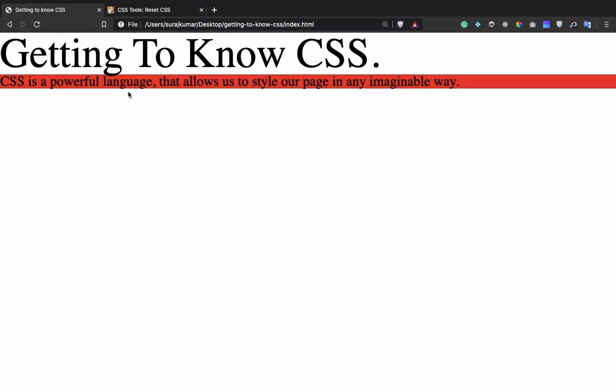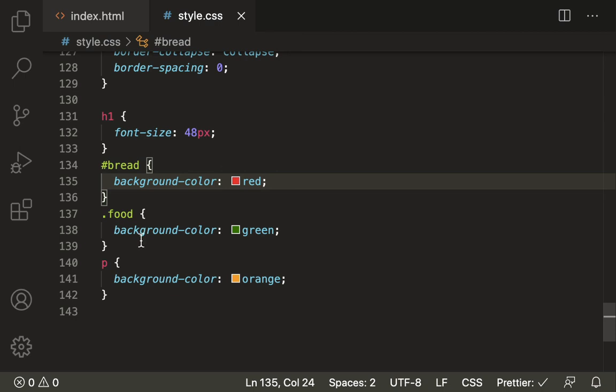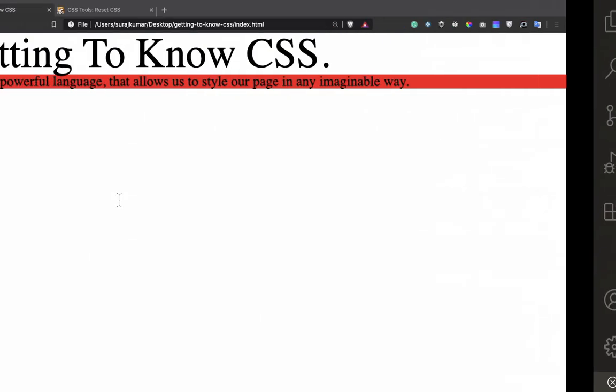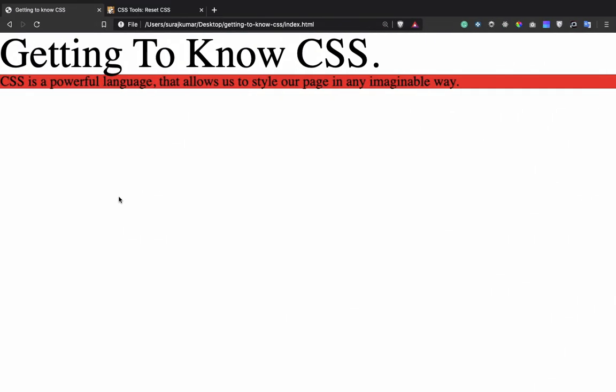The background color of the paragraph is now changed to red. Similarly, although the class selector and the type selector are coming after ID selector, the background of the paragraph is red here because the ID selector has a higher specificity weight than the class and type selector. So let's note one point here. A browser identifies how styles will be rendered for a selector depending upon the selector's specificity weight along with its placement in the cascade.